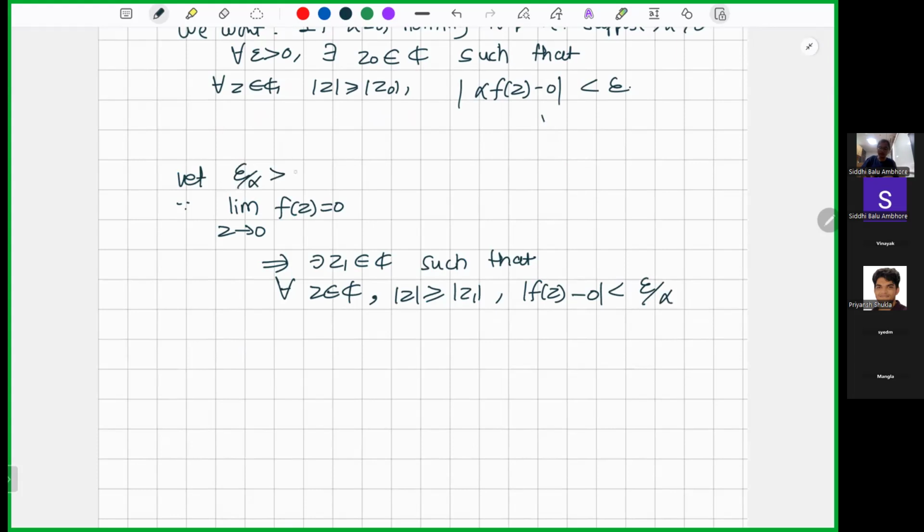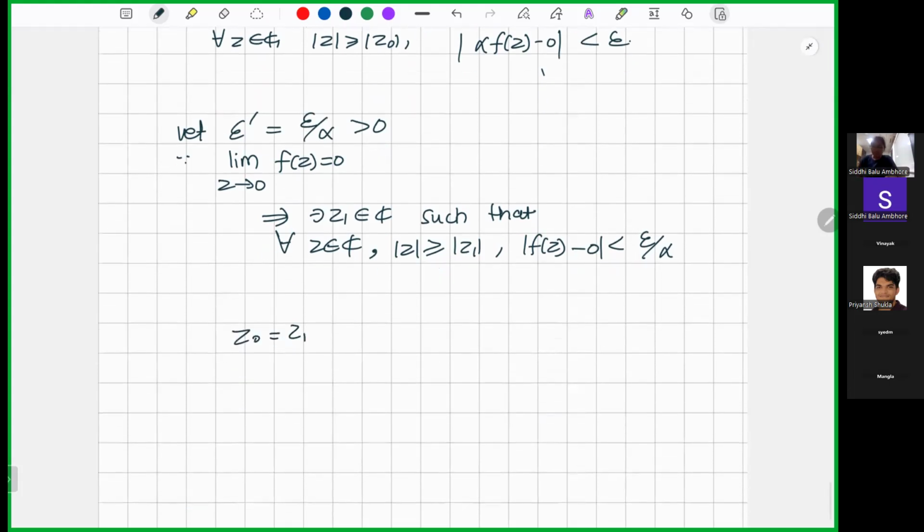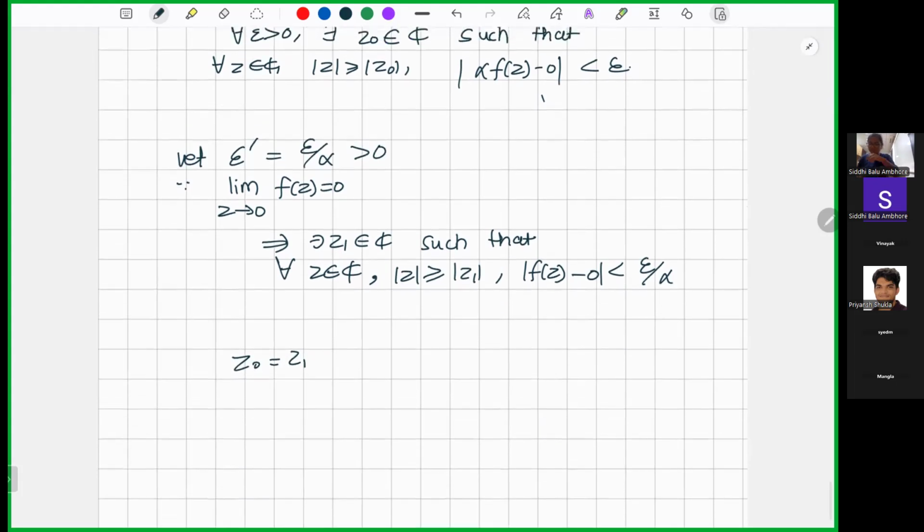so let epsilon minus alpha, I choose this, and for this epsilon dash, which is epsilon by alpha, this will happen. This is my new epsilon, but for this also I will get some z1 such that this happens. And then I choose this z naught equal to z1. And then what I will get,